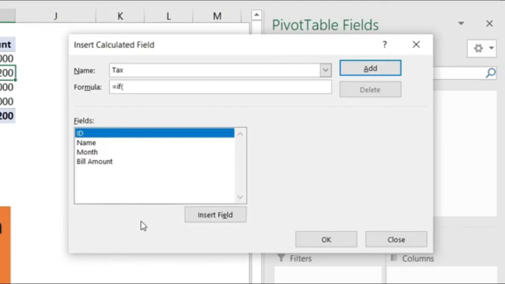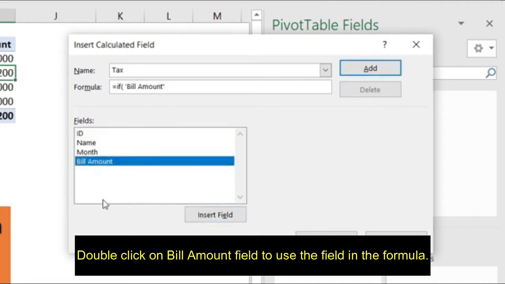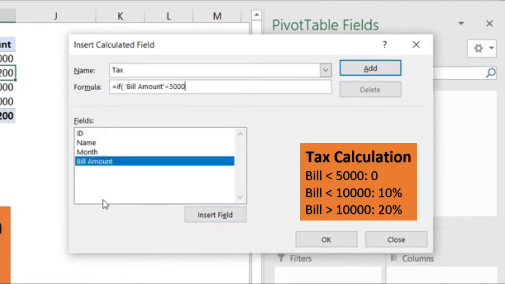IF, open bracket. The first condition is if bill amount is less than 5,000, the tax value will be 0, comma. The second condition is if bill amount is less than 10,000, the tax amount will be 10% of bill amount.